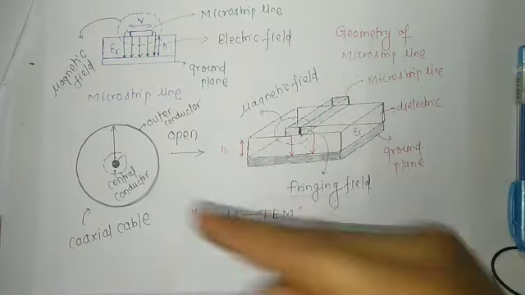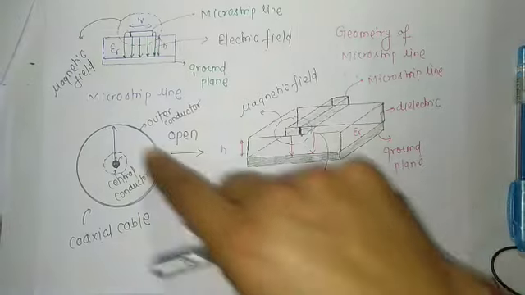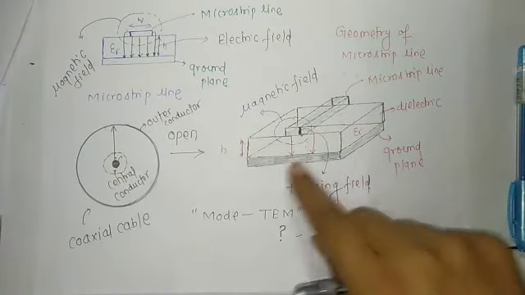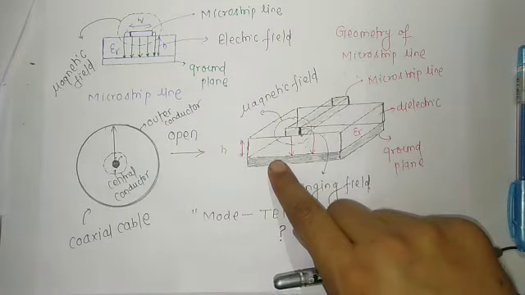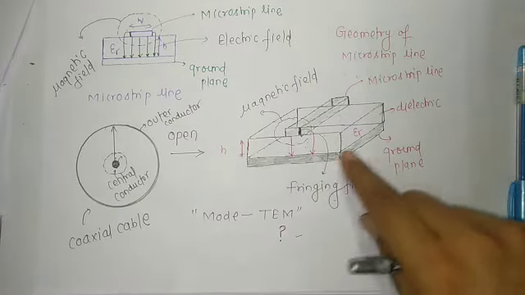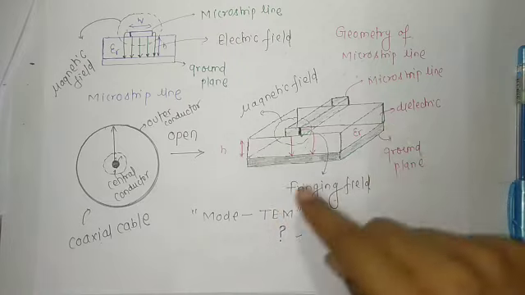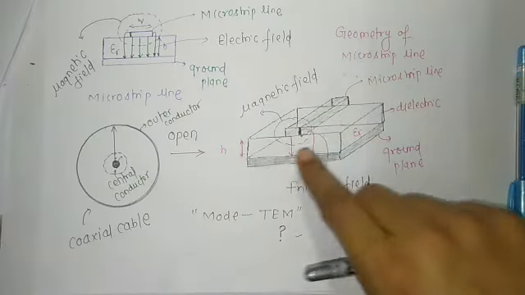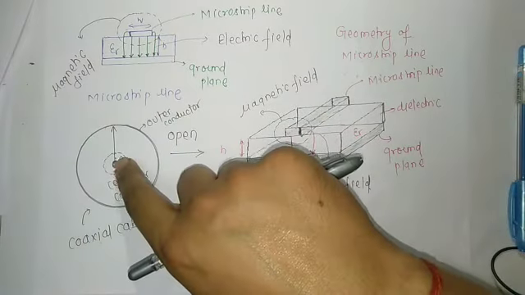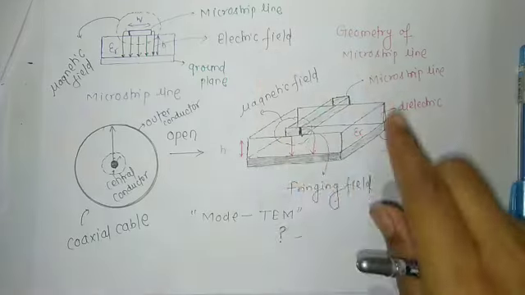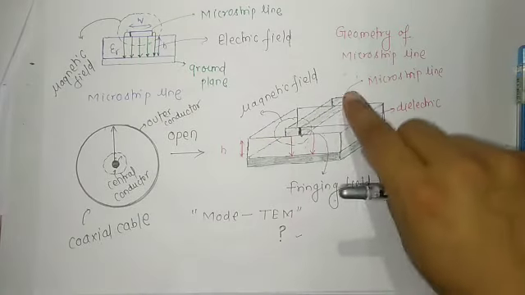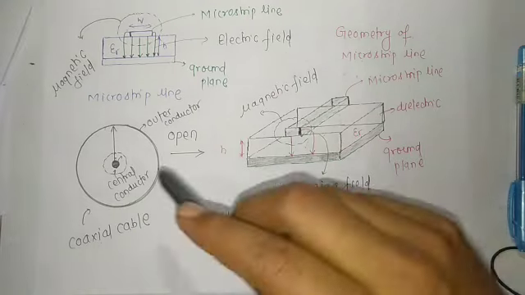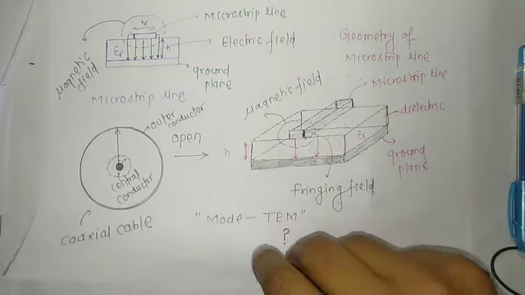If you open your outer conductor, it will become a surface. This outer conductor is like a square, rectangular surface. Then you cut the dielectric and open it, and it will become like that. Then again, the central conductor: just cut it and open it, and it will become like that. That's why we say the microstrip line is an open version of the coaxial cable.